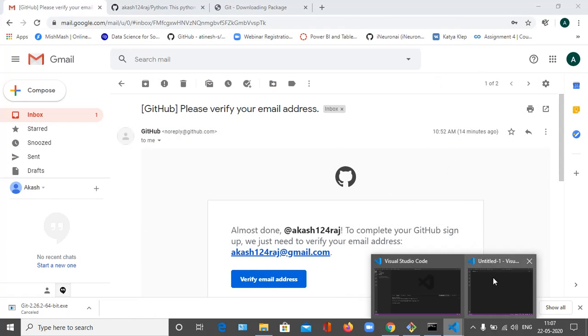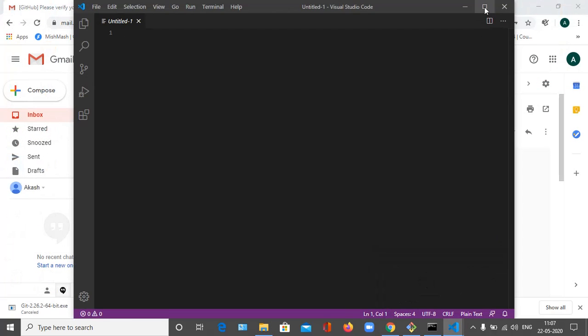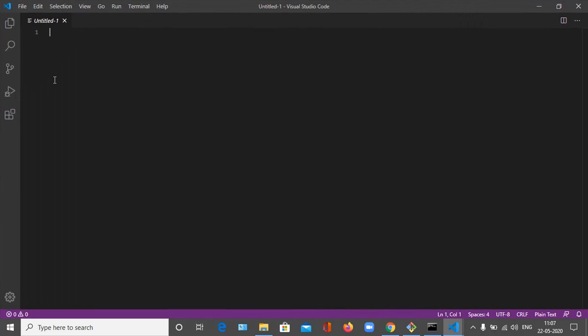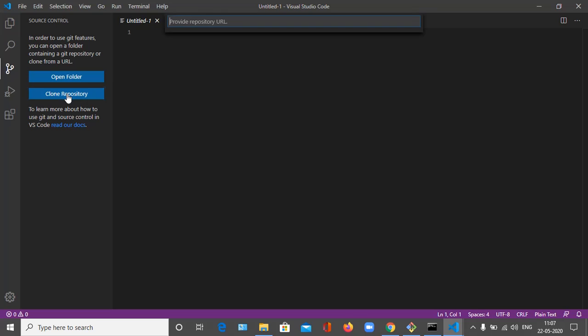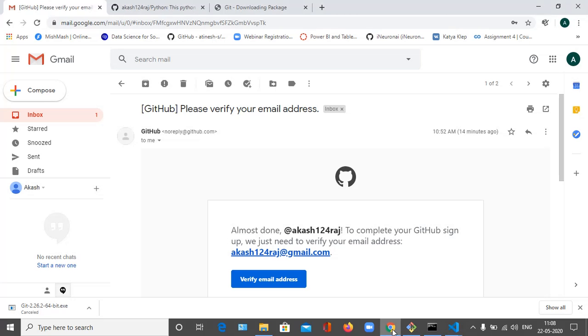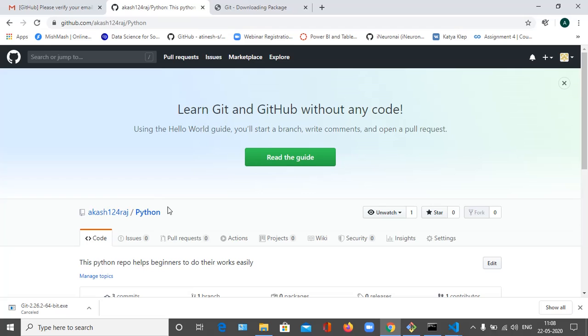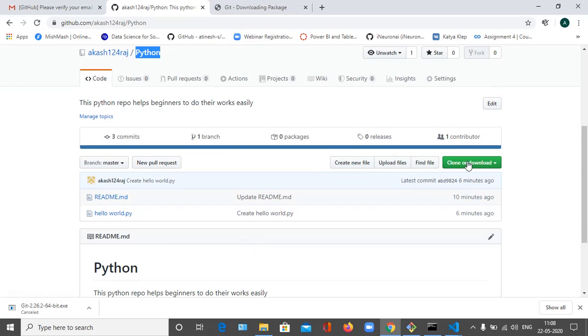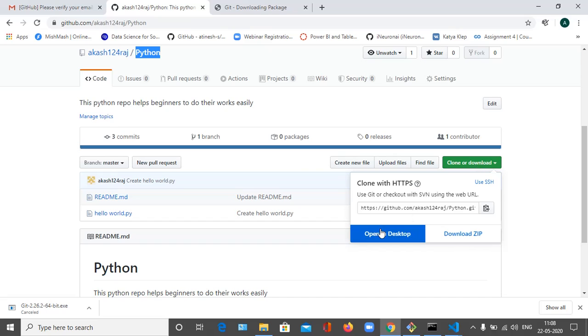Okay, now we are going to upload or push our file to the GitHub repository. So for that, we have to go here and clone the repository. We have to provide the repository URL. So this is our repository. Python is our repository just now created, and we have to click here on clone or download, and copy this link.